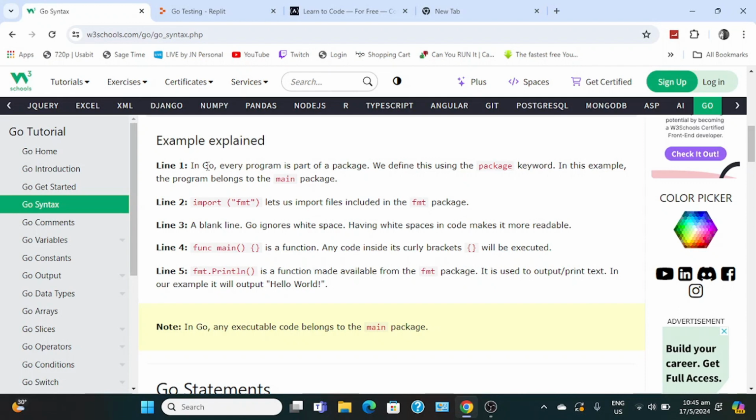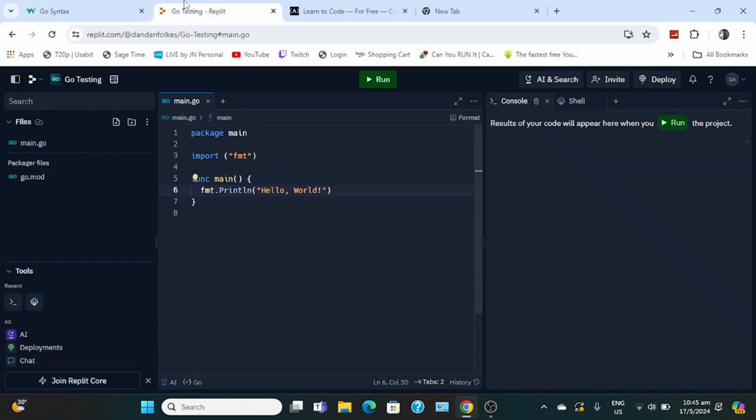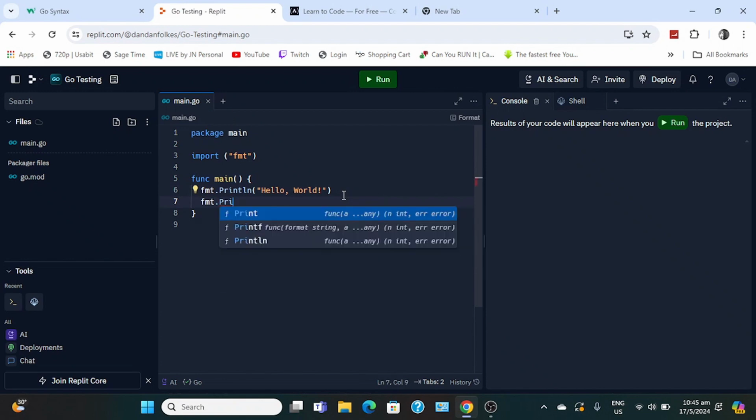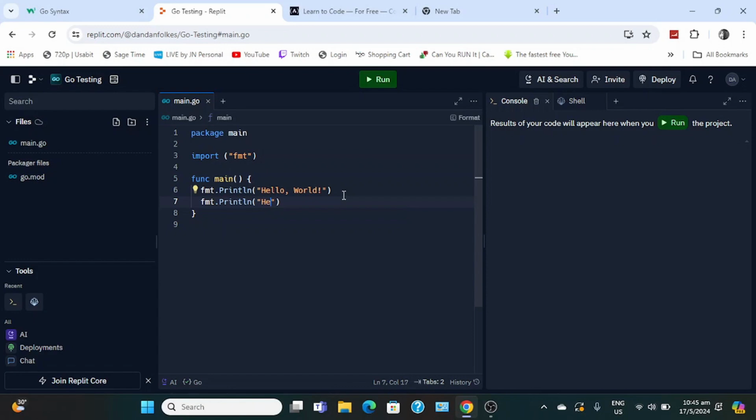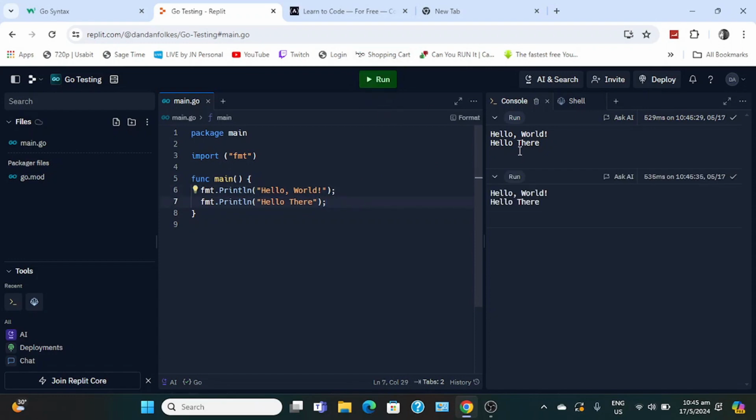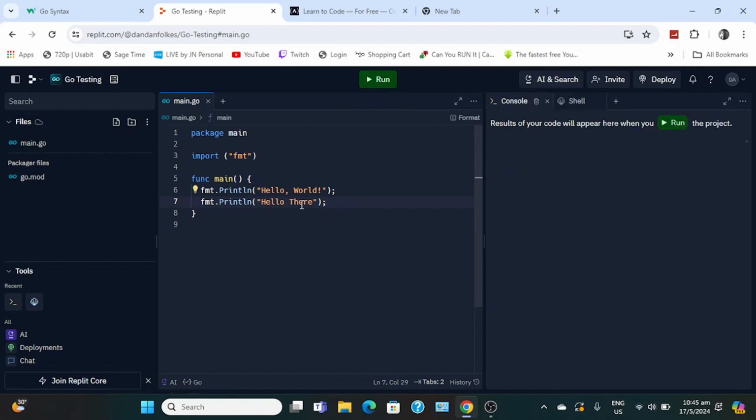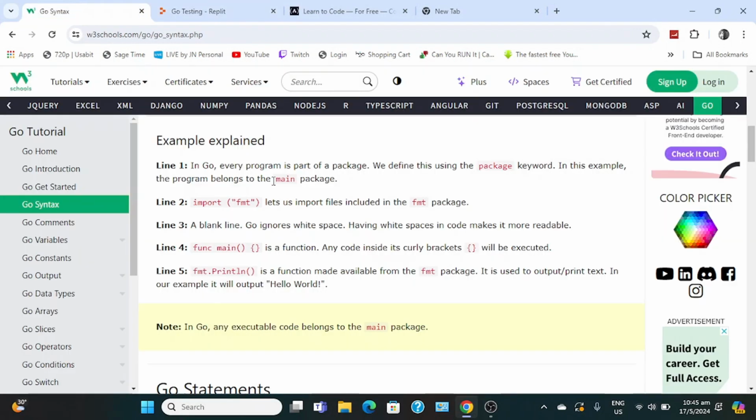So basically, to learn a programming language in a day, you just read, and just more reading, and of course just messing around with the code. So let's say I wanted to print a new line like that, so let's say hello there, and if I run, there we go, and with a semicolon, run, there we go, no issue. So now I know the limits, now I know how the syntax works. See, we did that in minutes. We learned the basics in literally minutes.